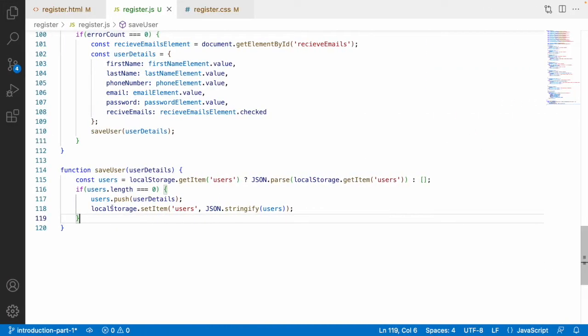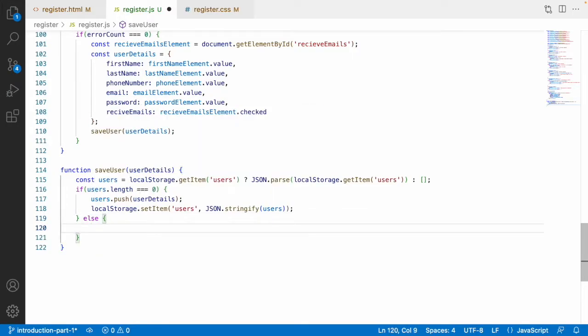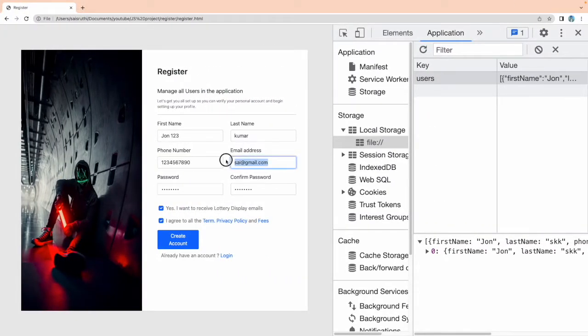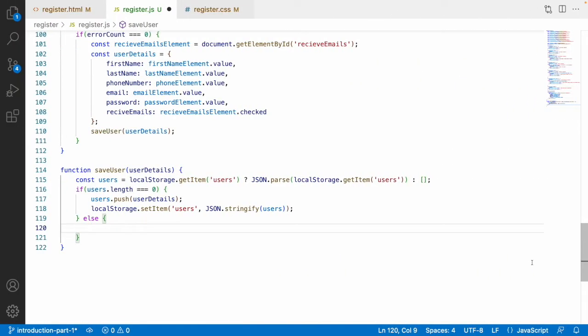Why? We are writing one condition, something like if it is empty, then go and push it. If it is not empty, then what should we do? Actually speaking, if it is not empty, the user already exists. So if the users already exist, we have to check whether the entered email address already exists in my local storage or not. That is our responsibility, to avoid duplicate registration. So here I am considering email as the unique field. That is the reason I'll check whether the entered email already exists in our users list or not. Let me go here and create one index equal to the already existing users dot